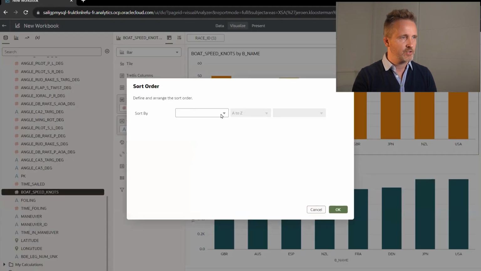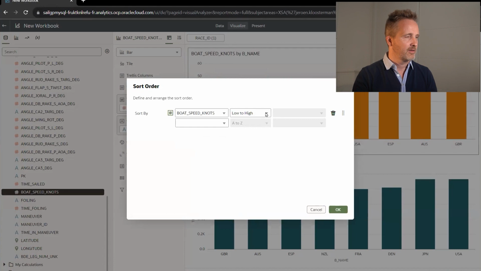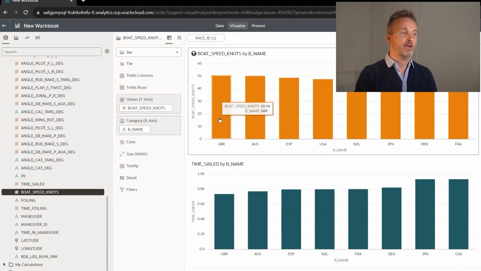And in this case, let's sort it from high to low. Okay. And again, the answer is Great Britain. So they reached a maximum speed of 15.9 knots. That is 94 kilometers per hour. So that's very impressive. And in fact, we're going to have a look at a video fragment of when this